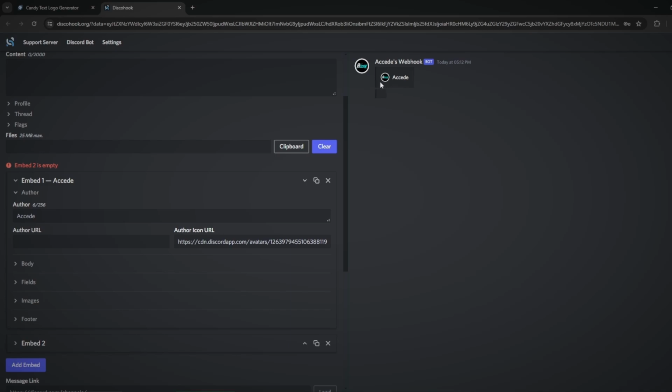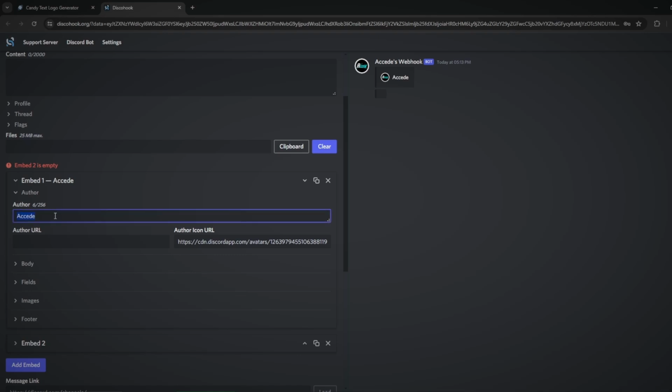It just looks like my profile and my name. So all this author section is for if you want to sign whoever posted it, then you could put the icon and the name there. So if you have an admin in your server and you want to put them as the author, so then people know that it's them sending it and not you, the owner,